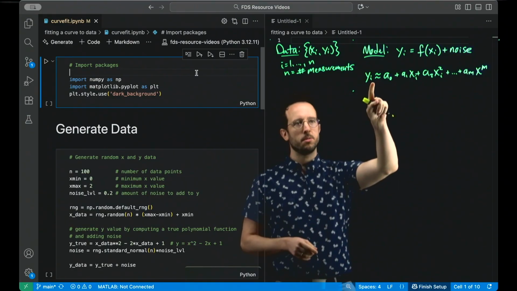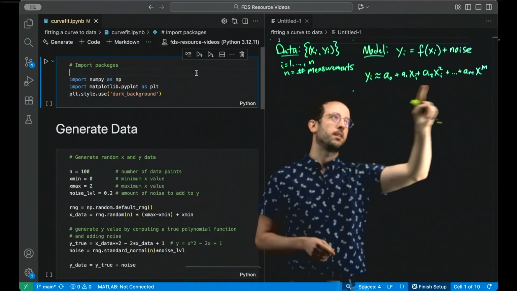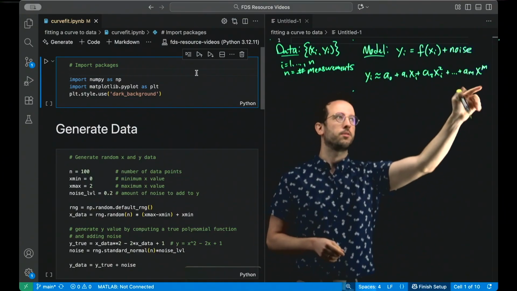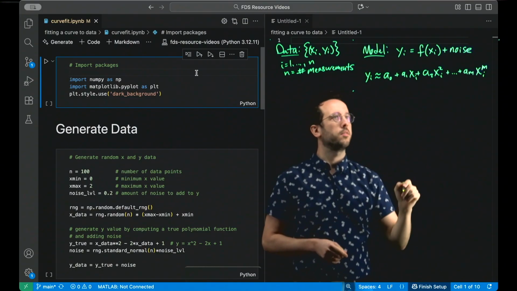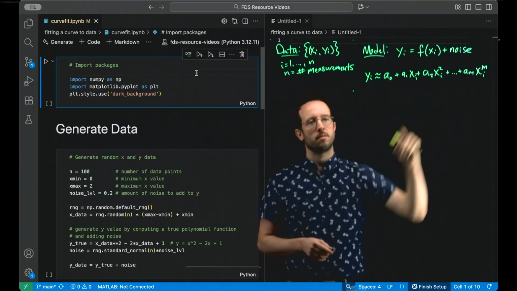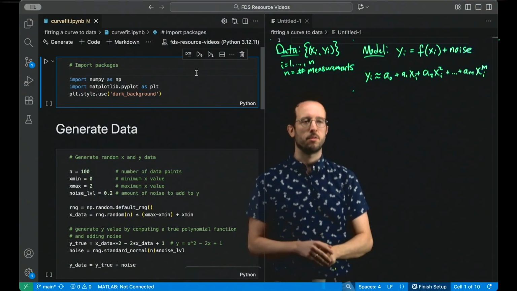The approximately equal symbol is a stand-in for the fact that this will never be exactly true for all data points because there is some noise and this function might not exactly capture the true relationship between x and y.